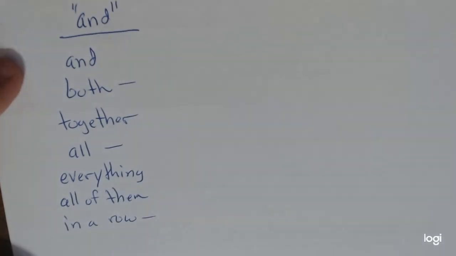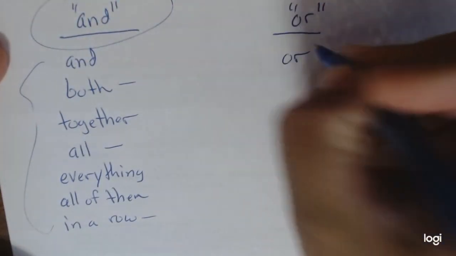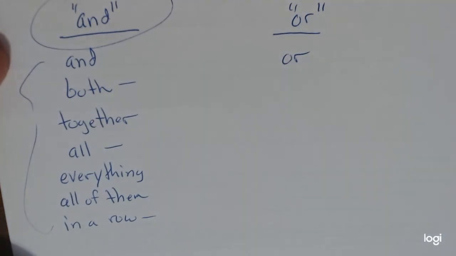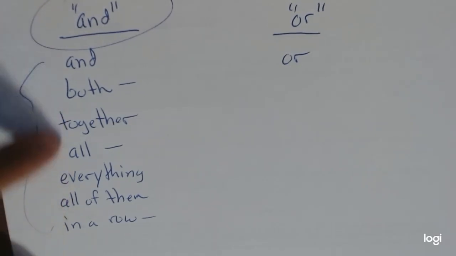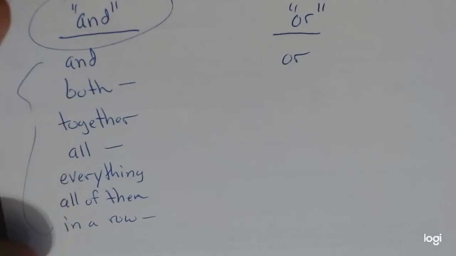Right, so all of these portions mean and, okay? When it comes to or, there's only one word, or. So I have to say this or this. However, for the and probability, I can use any of these, and it implies using the and, so you're multiplying. So you have to recognize in the question what these phrases represent and which one you're going to be